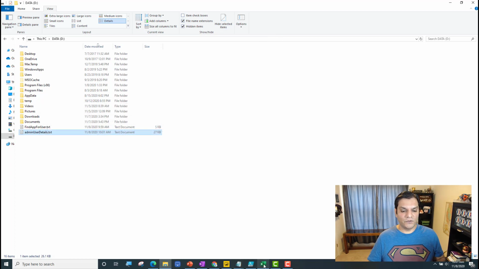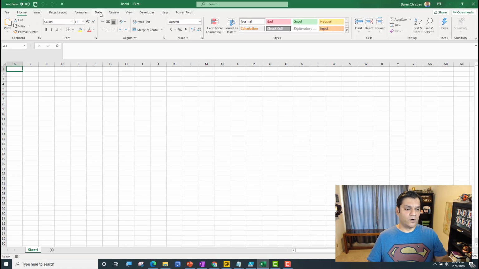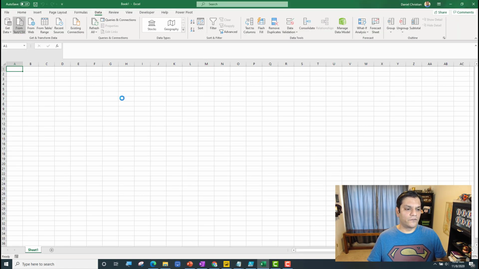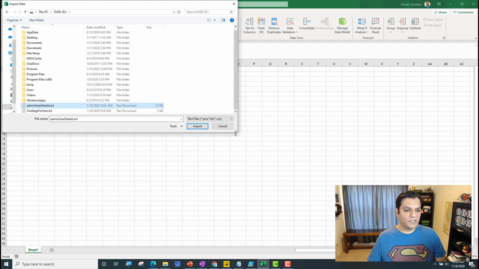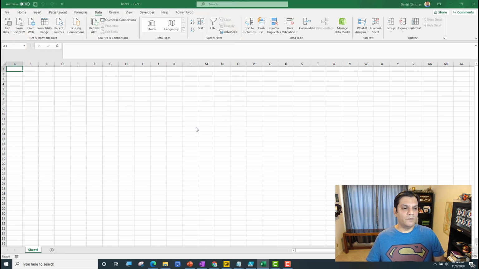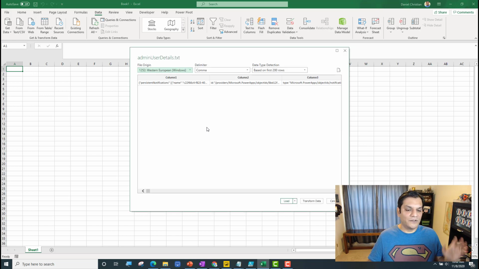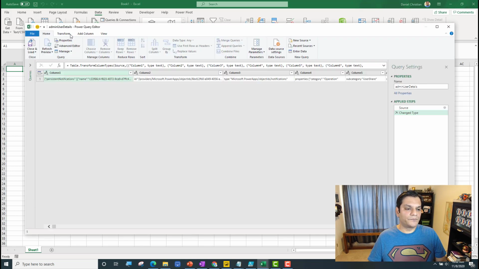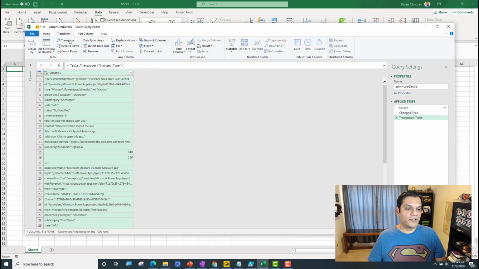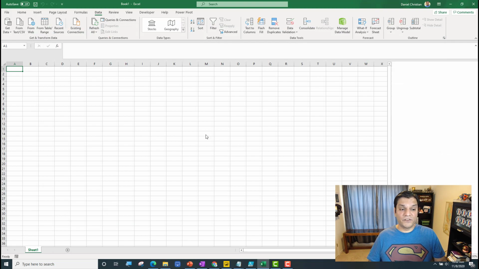So I come over here now to Excel, and I've just gone ahead and opened it up. I come to data, I go to from text and CSV, select that. In my D drive, I go ahead and grab this one, open it up. When I import it, again, it comes up in a messy way. So I'm not going to let this load over here, but I'm going to go to transform data. In the transform data, I go ahead to transform, and there I click on transpose, and I get all my information. So I can go ahead and now click on save and close, but we're not done yet,